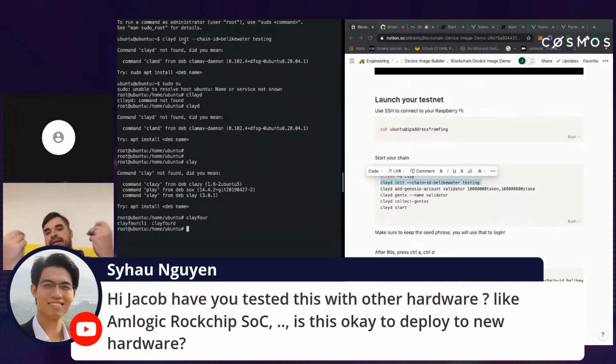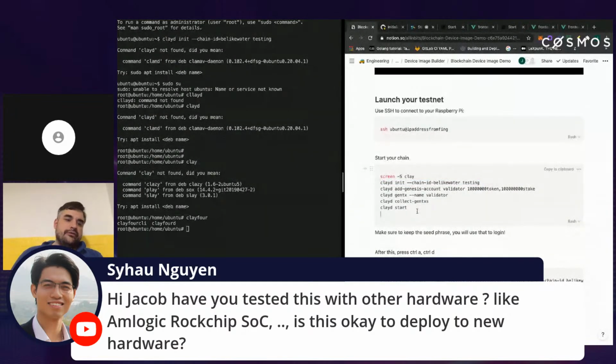Okay, guys, another thing. It is a generator. If you name your chain Clay 4D or Clay 4, right? You're going to get two binaries, Clay 4D, Clay 4 CLI. When you use the Stargate version, that's the IBC supporting version, sort of like the up and coming version of Cosmos, you will just get a single binary and it'll do all those tasks, just baked into one. So with no further ado,